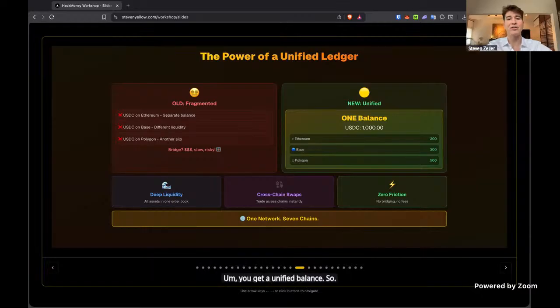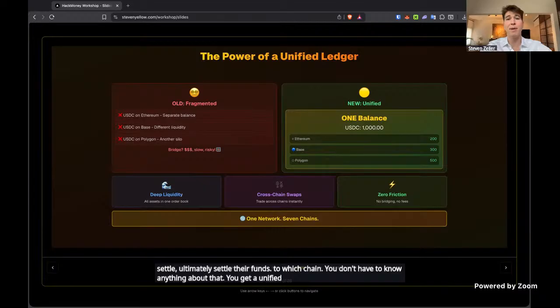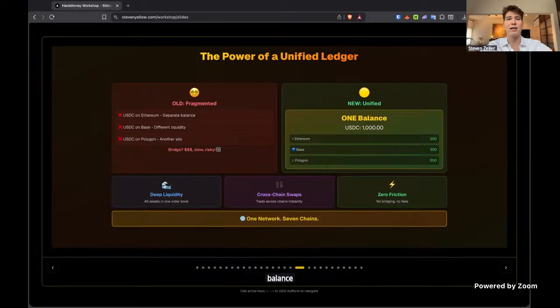So as an application developer, you don't have to know which chain your users are using, where the funds are coming from, or even which chain they want to ultimately settle their funds to. You don't have to know anything about that. You get a unified balance. So you can just use Tether or USDC or ETH or other supported assets within your application without having to worry about the underlying blockchains.